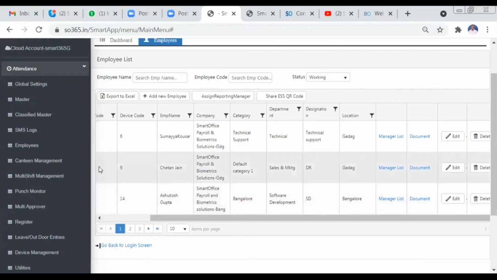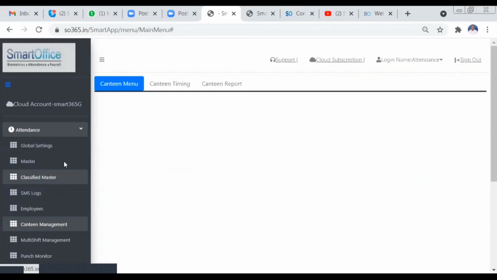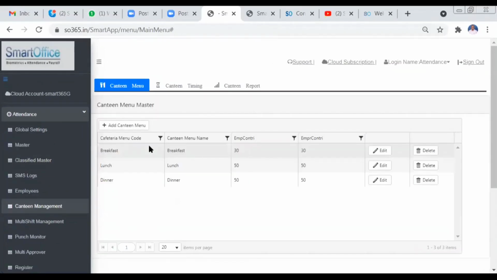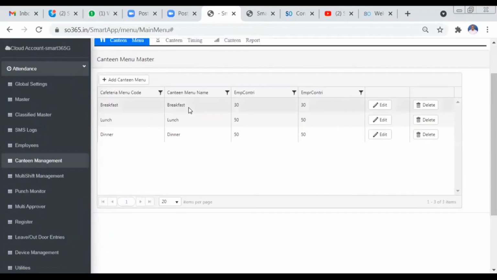Next, we do have a canteen management provision in our cloud application also. If you are using canteen management on a work code or canteen timing basis, you can go for the canteen management. Here you can create the menu or the items, and mention the employee contribution and employer contribution.